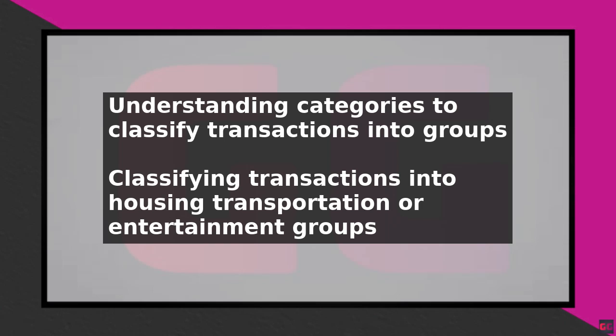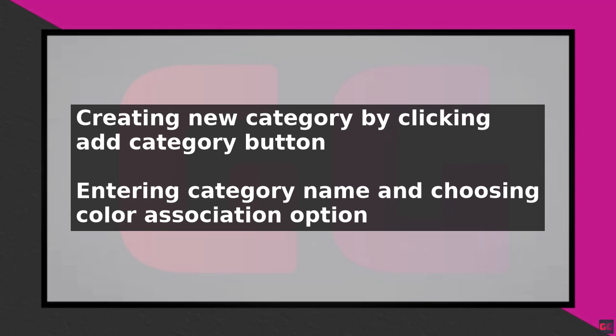You can also use the auto-categorization feature, which allows Quicken Simplify to automatically assign a category to a transaction based on the payee or description. It is also important to note that Quicken Simplify allows you to create subcategories, which can help you further break down your spending into more specific groups. For example, you could create a subcategory for dining out under the main category of food.